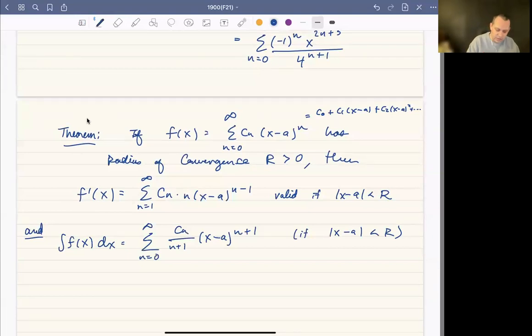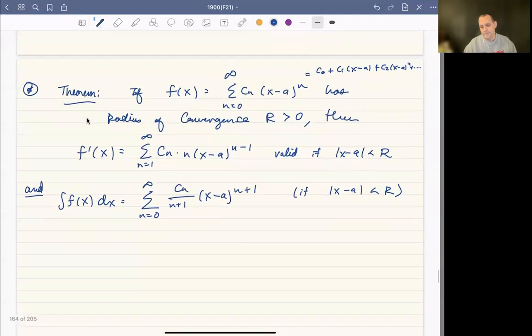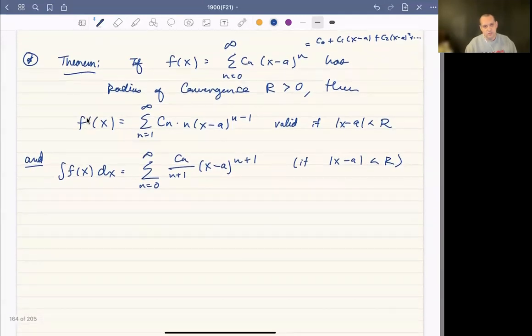Okay, and so it turns out that we can differentiate and integrate a power series term by term if we're inside the radius of convergence. Now, this is going to be very useful for us for a few reasons. One is that this is going to allow us to actually evaluate some series we couldn't evaluate before. So for example,